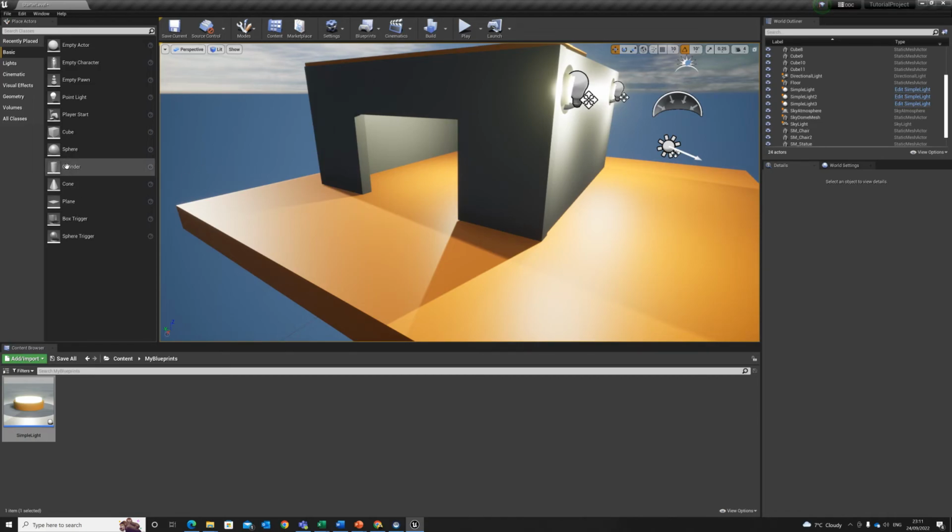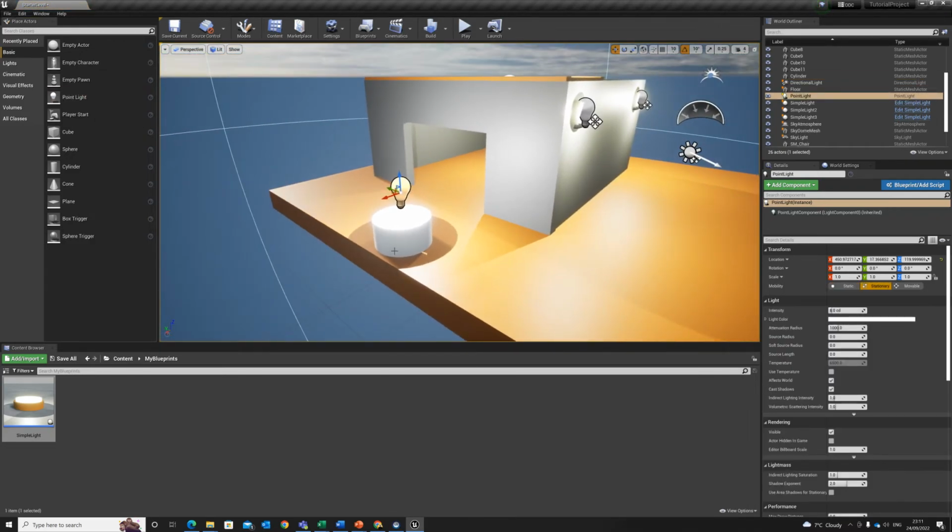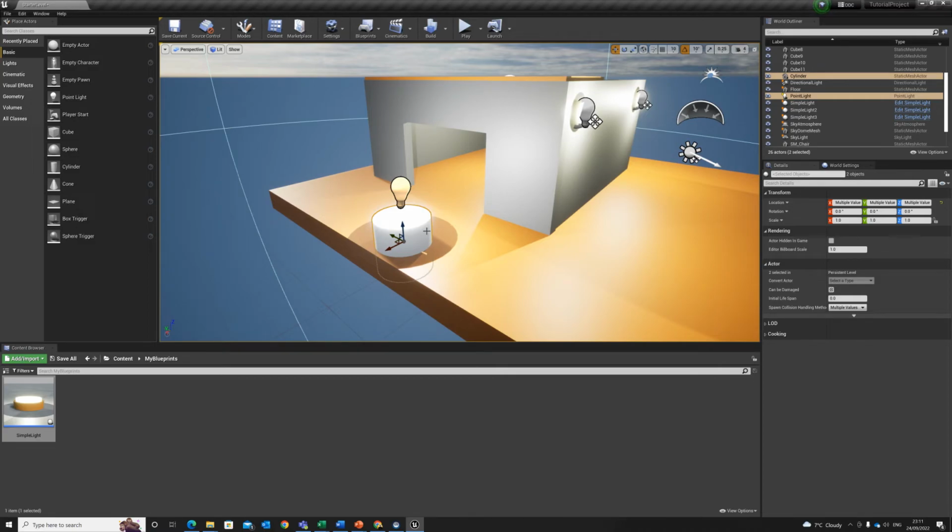So if we individually made a light every time we wanted a street lamp or a ceiling light, when we come to change that, or want to change, let's say, the color of these lights, we'd have to actually physically go and change each light. Now if you imagine a game like Grand Theft Auto or Saints Row or some big open world which has potentially thousands of different street lights or street lamps or just generic lights, you'd have to go through and change every single one of those lights one by one to what you'd like. Whereas using a blueprint,